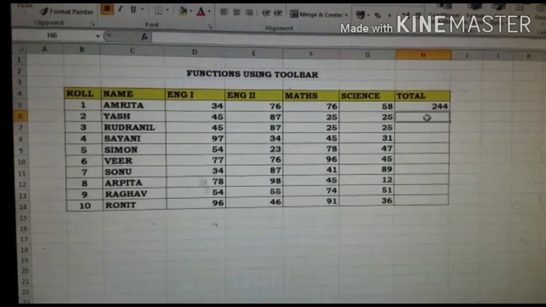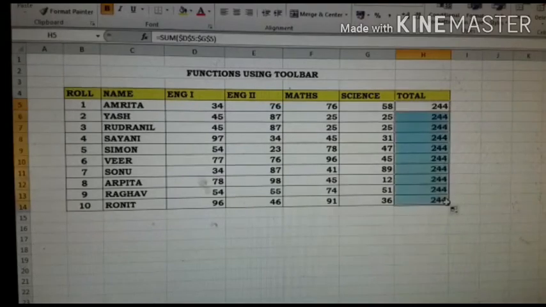Now when I am copying this formula to the next cell, it will copy the formula in an absolute way. See, all the cells are having the same total, 244, means the total of the first cell range, that is D5 to G5. It won't be changed.